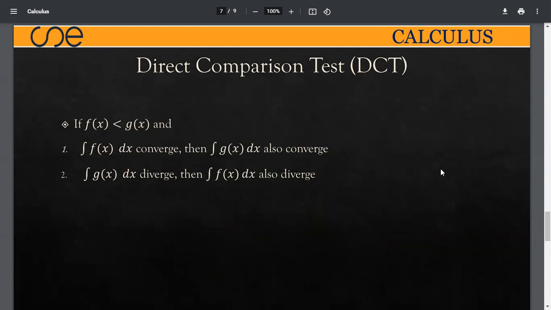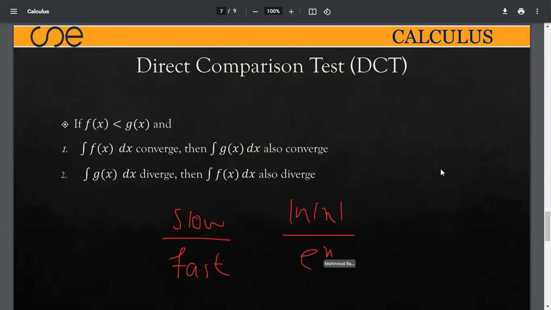What I need to focus on is the intuition: how to know if I need to find a function that is less than or greater than. We will need the concept of slow and fast functions. So mainly if I have a rational function f of x, g of x over h of x, if this function is made of a slower function over a faster function, so assume ln x over e^x, then my intuition would be that the integral of this function will be convergent. My intuition,